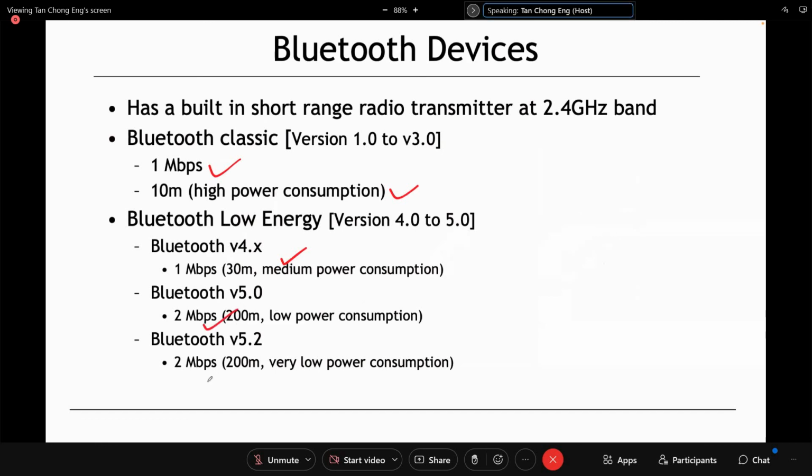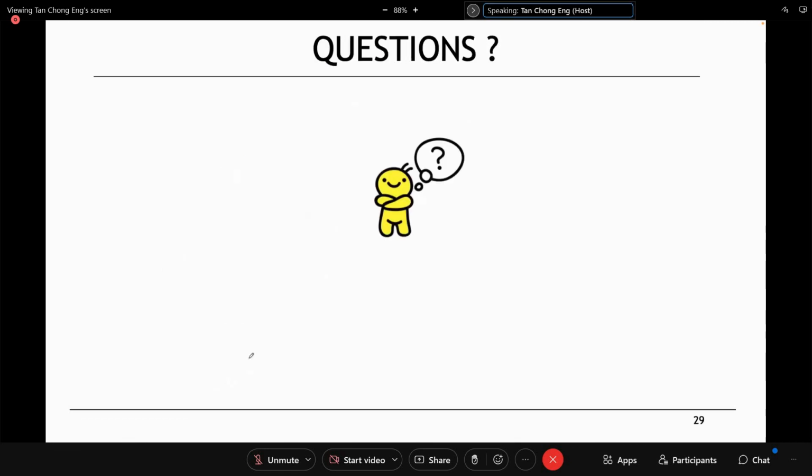But 2 megabits per second is still nothing compared to what Wi-Fi can offer. Wi-Fi can offer you hundreds of megabits per second. Today Wi-Fi can offer you up to gigabits per second. So 2 megabits is nothing. Okay, that's why they are not very popular. They're mainly used to connect your speaker, your mouse, your phone, these types of things. All right. So that's all for my highlights on the